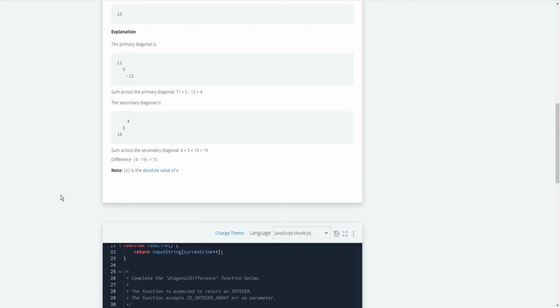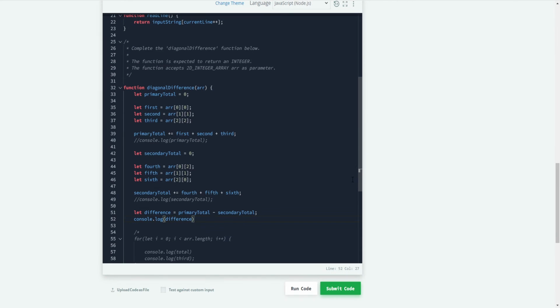I'm getting minus 15. I want the true difference. Absolute value. I'm actually not sure how I would get the absolute value here. I mean, there is another way, I guess. This is probably a bit of a cheat, but